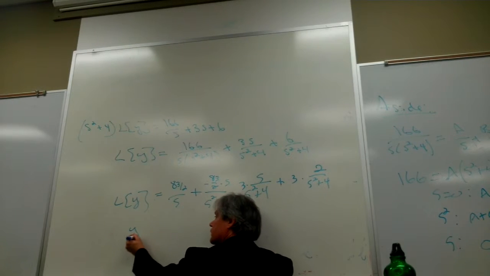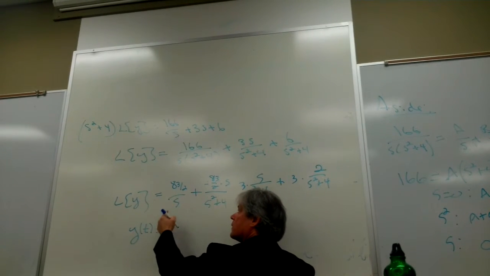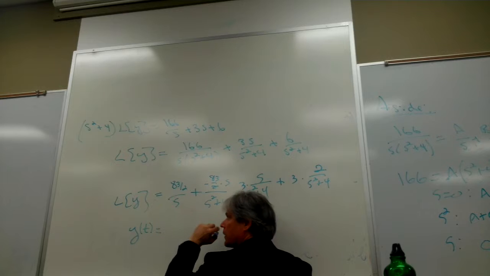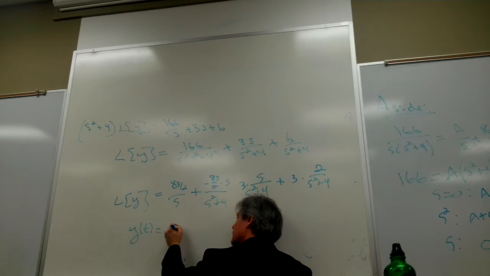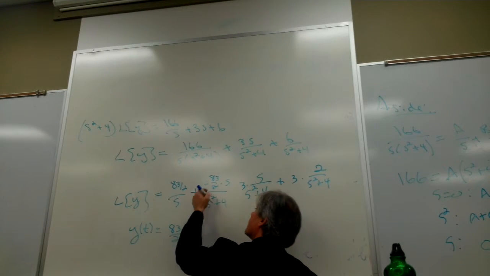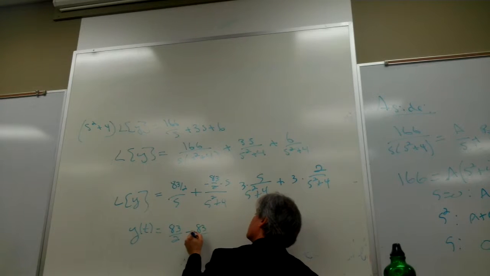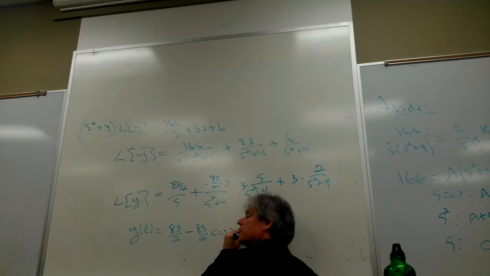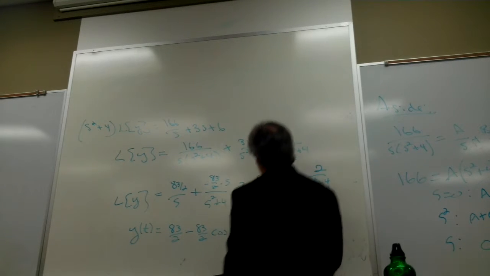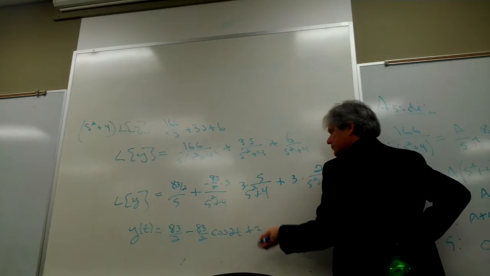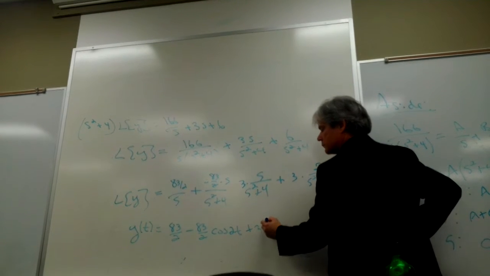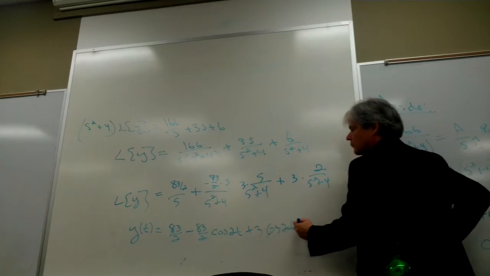That tells me that my final solution, my function for y in terms of t, is going to be, look at that, that's just going to give me my 83 halves, a constant. I think right here gives me a minus 83 over 2 times the cosine of 2t, plus my 3 times my,